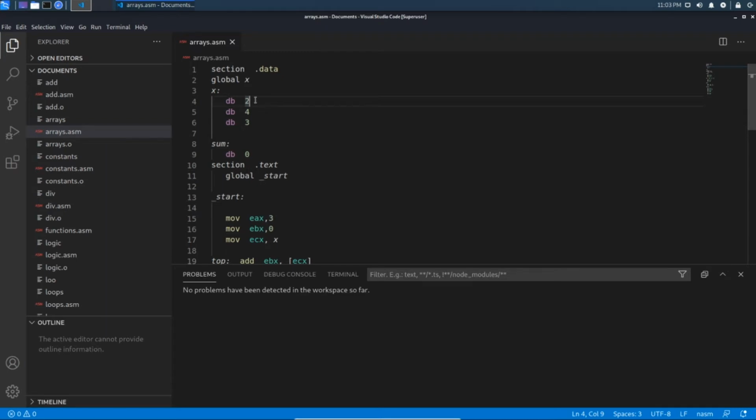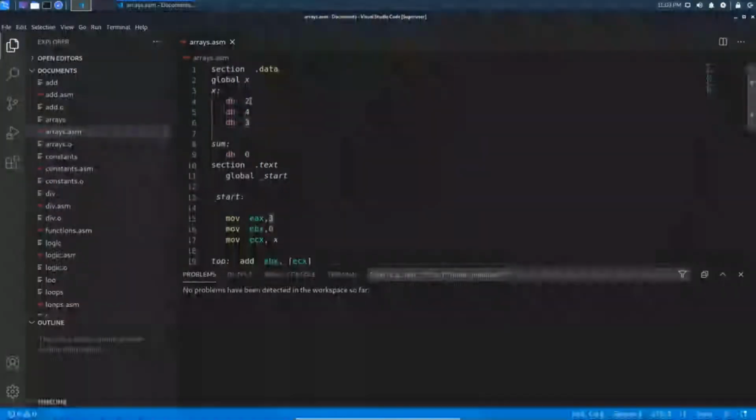Let us assume the memory address of 2 is X, for 4 it will be X plus 2, and for 3 it will be X plus 4. Like that the memory will be allocated in arrays. And here we defined the sum variable as 0. It will also be an array of size 1, used to store the sum value.